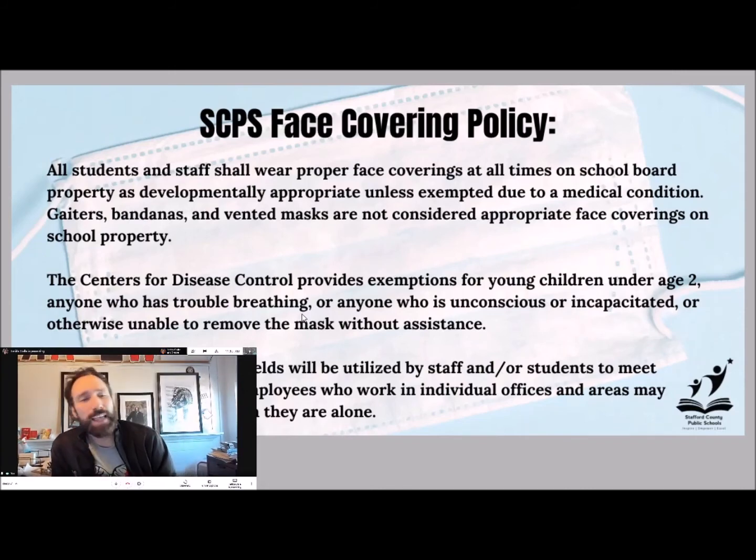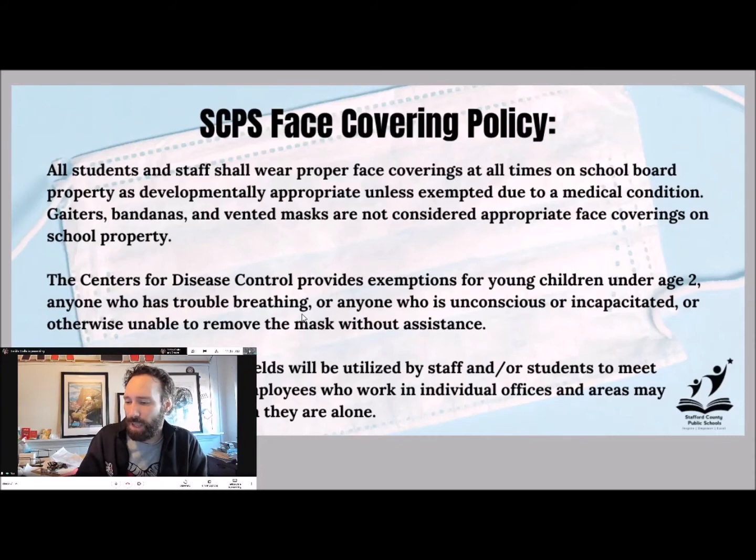So you have to have a mask, okay? If yours breaks, this and that, we'll give you one, but you need to have a mask. I want to talk about this because there's a school division policy. There are some things you cannot wear, and I don't want you guys to show up and say, I wore a face covering. So one of the things we're not allowing, and this is the school division across, is, and I'm looking for an example, I don't have one with me, what they're called gaiters. They're like the neck things that go through your neck and then go over your face. So we're not going to be allowing those.